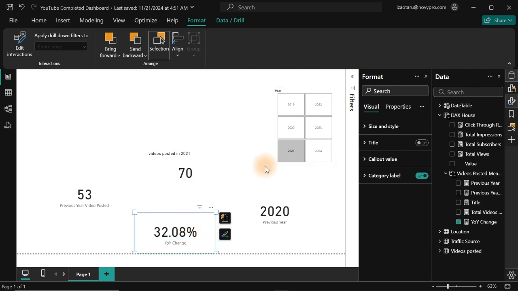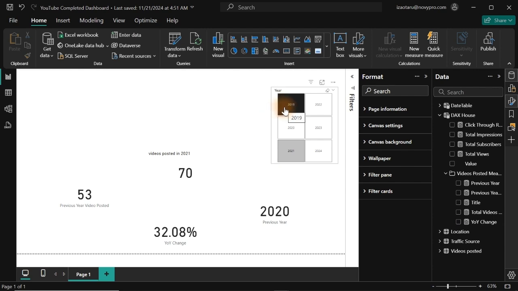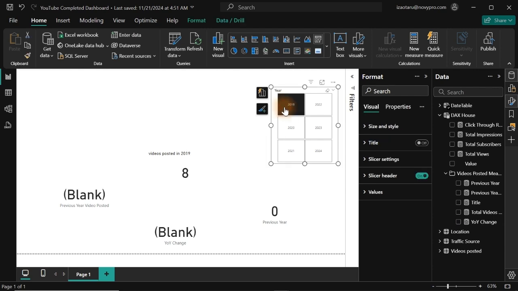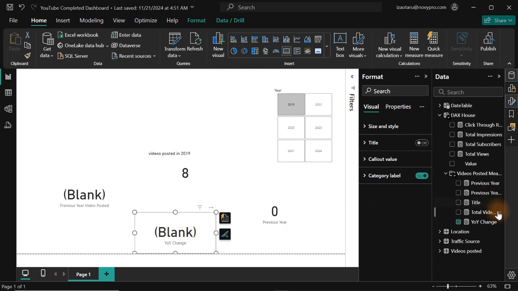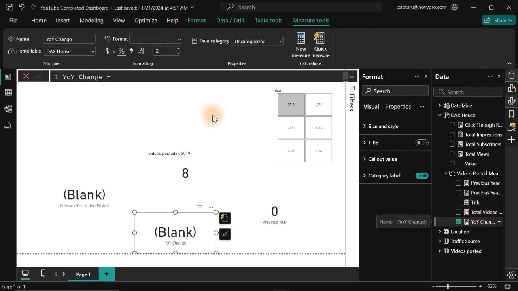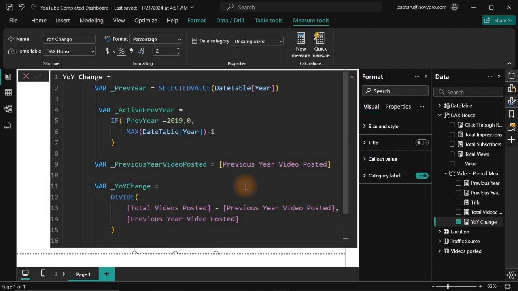So before we do any other thing, let us look at it. What happens if I select 2019? This gives me blank. So is this what we want? No, don't worry. We're going to fix this. Let us quickly go over to here. And now we start